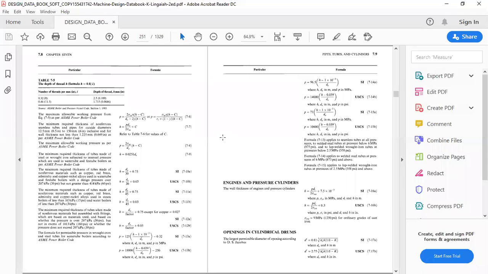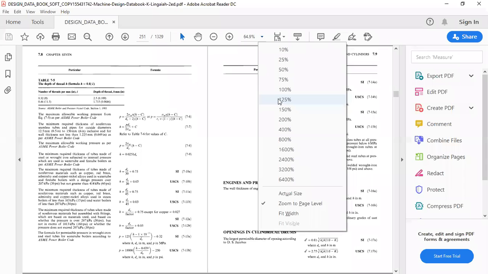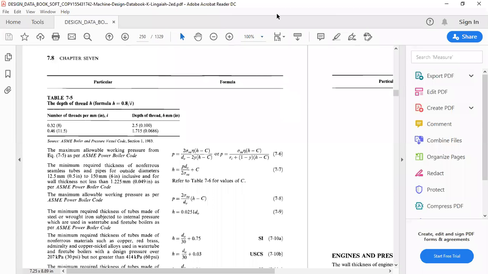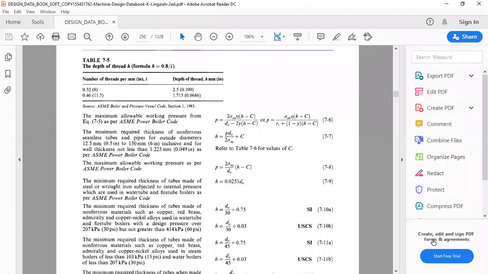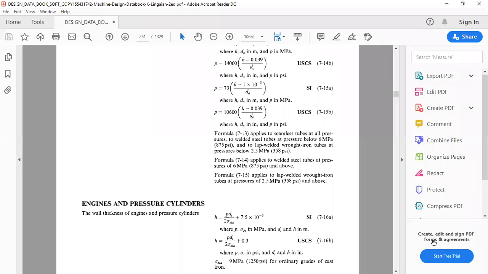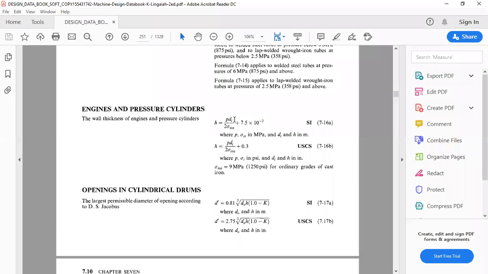So here you can see on the right side engines and pressure vessels. We'll just zoom it out. So here you can see all these values to be put. Wall thickness of the engine and pressure cylinder.